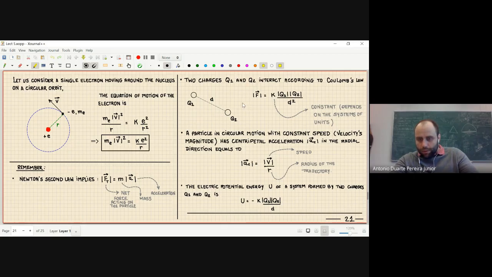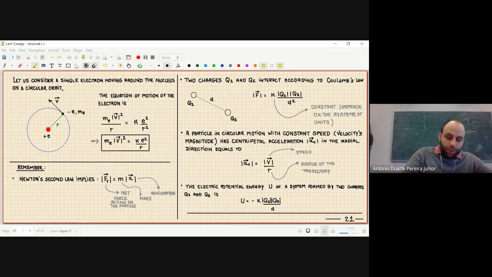Is it possible that it will move circularly? Here I don't have a magnetic force, I just have the electric force. And I was going to say now that this Coulomb force is a force that acts on the line that connects those charges. So since these are charges of different signs, then the Coulomb force will act along the radial line, and it will try to attract those charges.